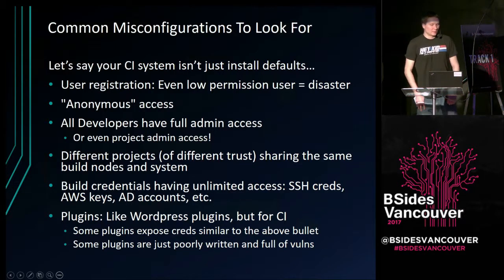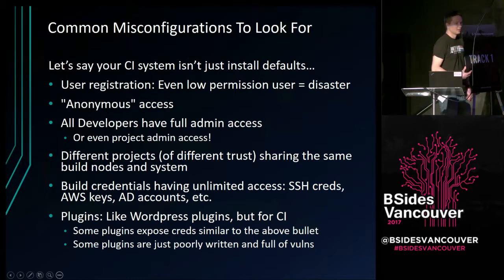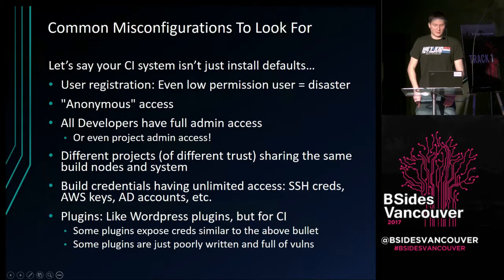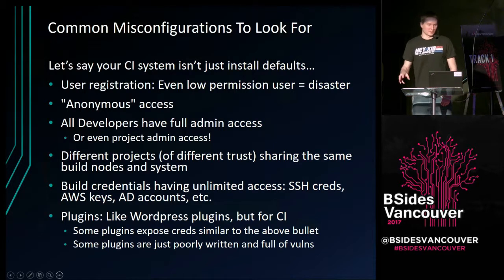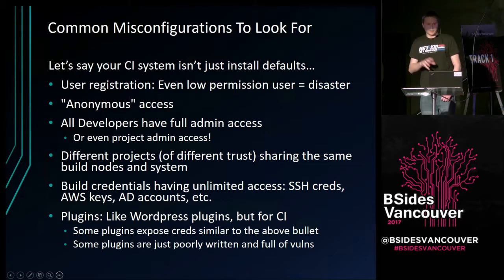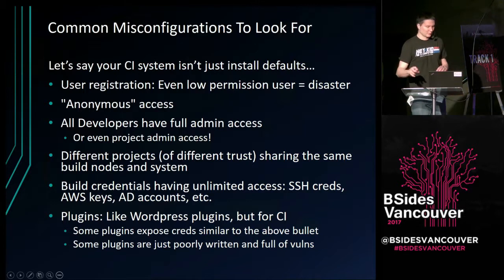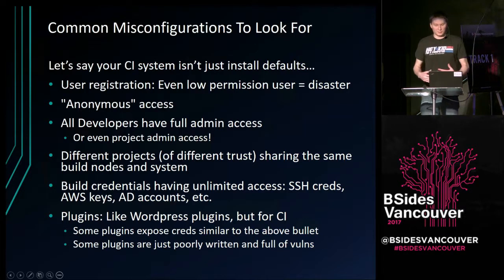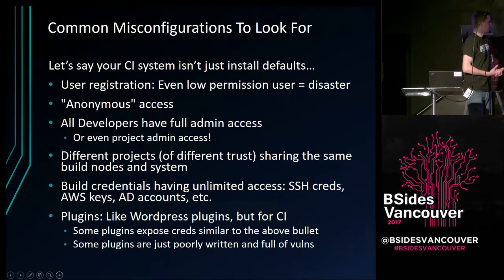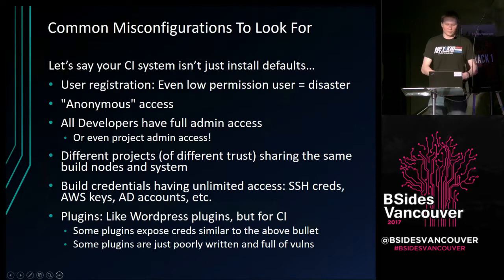Kind of tying in with that, larger companies, even smaller companies really, often have more than one project on the go. Maybe you've got a software application, maybe you've got a website that your software application uses, and you also have, say, your own corporate website, all getting built by your same CI system. Within your company, you've got different teams. People wouldn't have access to log into one server compared to the other, but you're all using the exact same build environment, using the exact same build slaves, and it makes it very possible to pivot from one person's project to another.